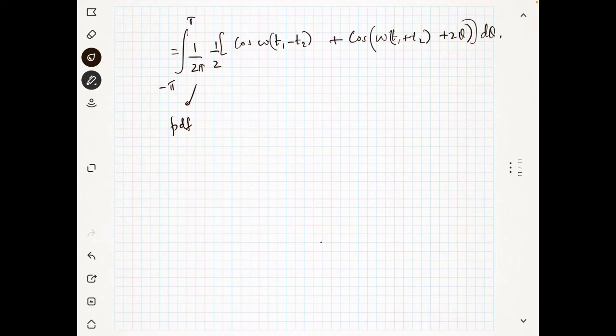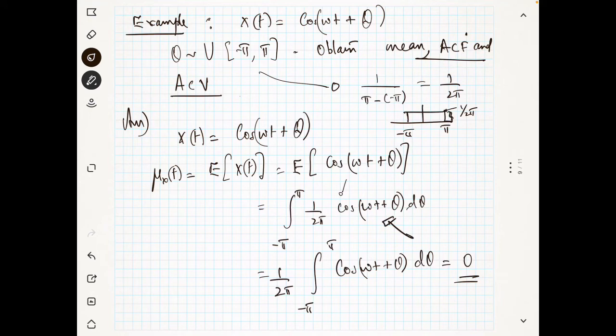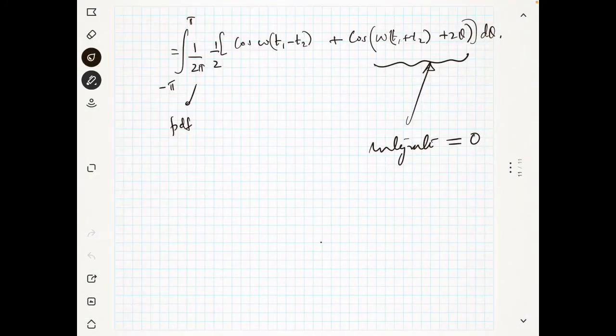But you know that when you integrate this with respect to theta, it contains 2 theta. So if you integrate this part with respect to theta, it will become 0, as in our previous case. If there is a term in theta, you see here our integration has gone to 0. So like this, if you have a term in theta, you can try the integration, then you will get it as 0. So what you will get here is nothing but